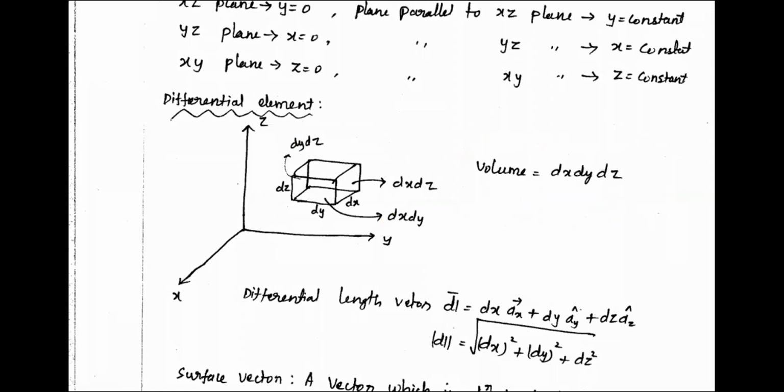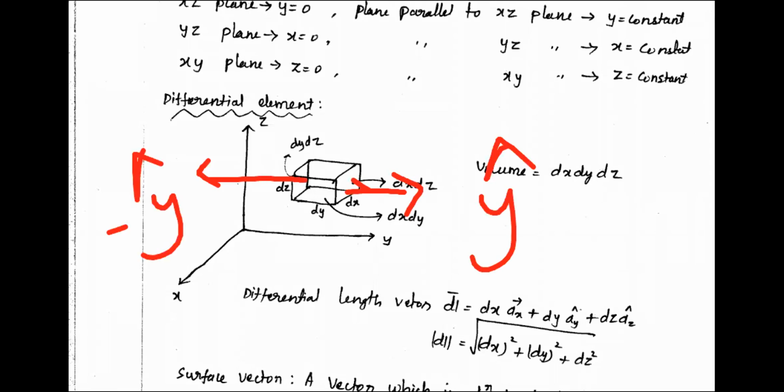Now, how to take a surface vector for this? Now I am having some closed surface. What will be the surface vector for this one? See, for this side, what will be the surface vector, y cap or minus y cap? Clearly told in the morning, if it is a closed surface, the surface vector has to go outside. So the surface vector for this is y cap. For this side it is minus y cap.